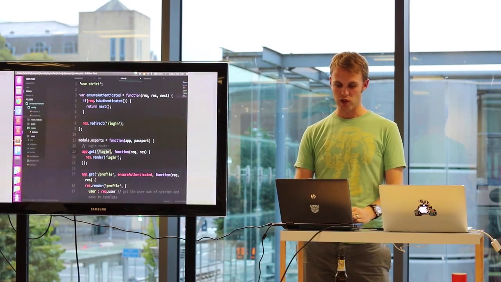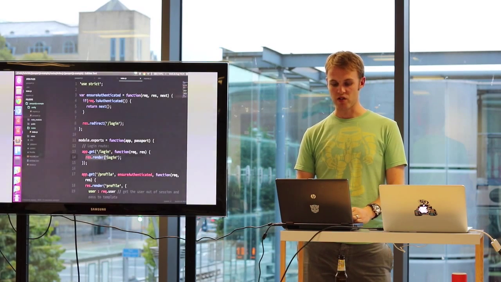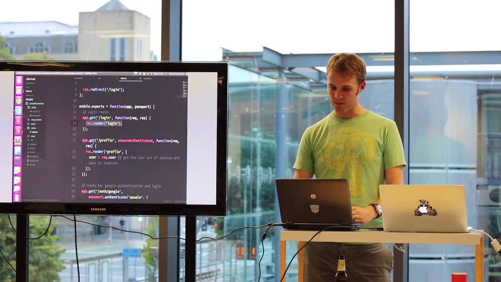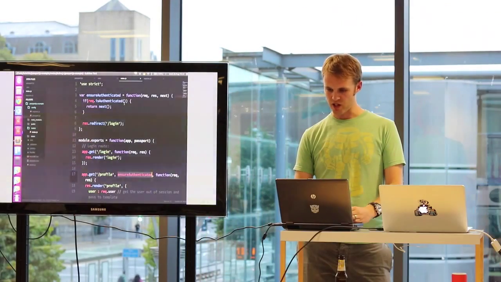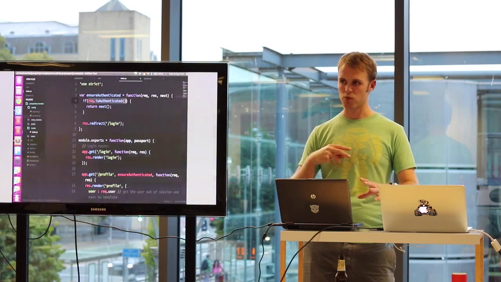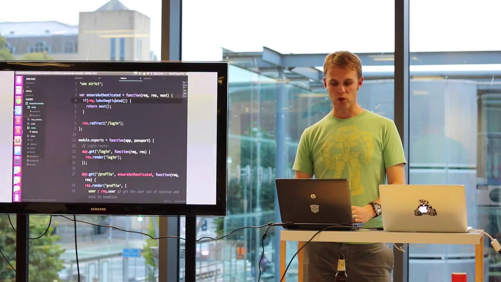If you look at login, we've only got one piece of middleware, and this is rendering a login page, very, very simple. But for profile down here, we have two bits of middleware. The first one is the ensureAuthenticated function. What ensureAuthenticated does is it checks if you are authenticated. This is a Passport function; Passport adds something to the Express request object. So it's basically saying, is this user authenticated? If it is, then we call this next